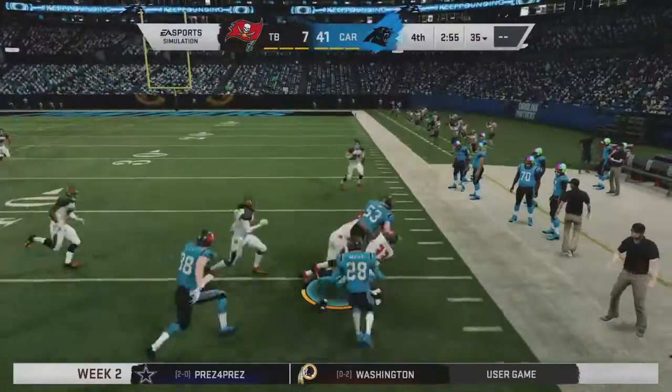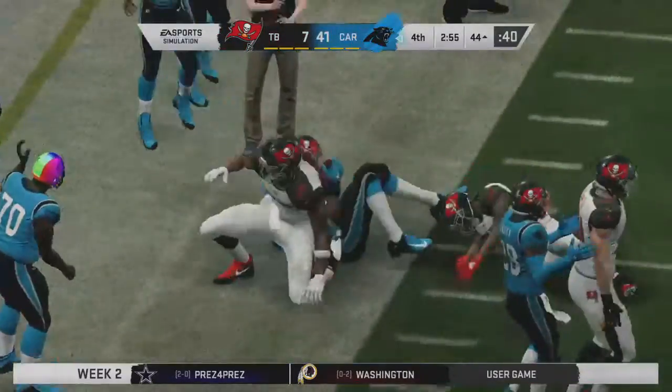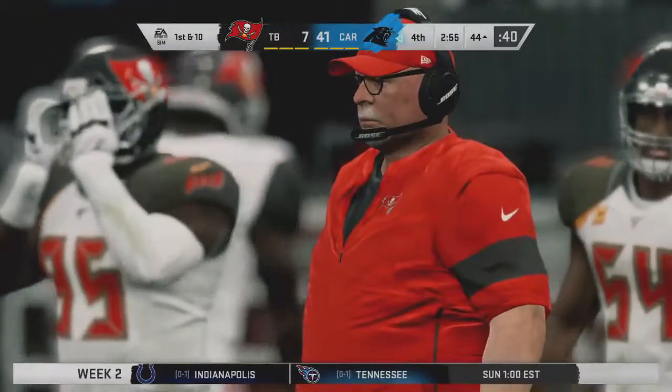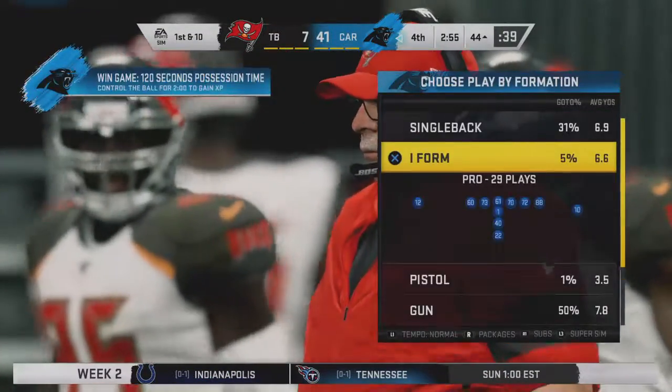And it looks like the Panthers' hands team does its job. Now they're down big here in the 4th. They had to try the onside kick. Can't fault them for the effort at least. No, you...